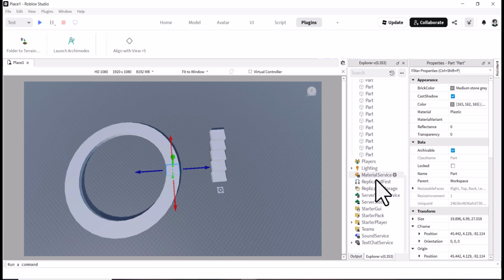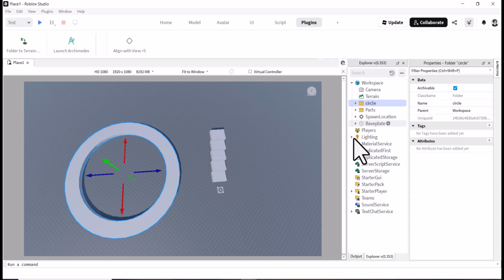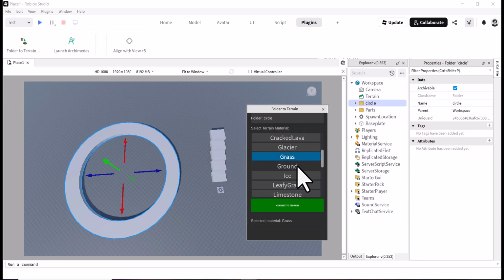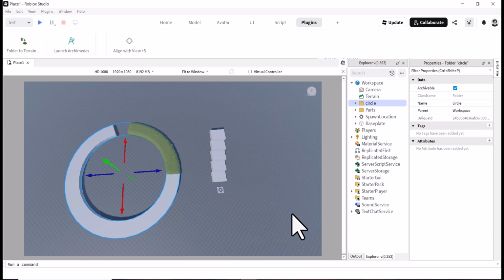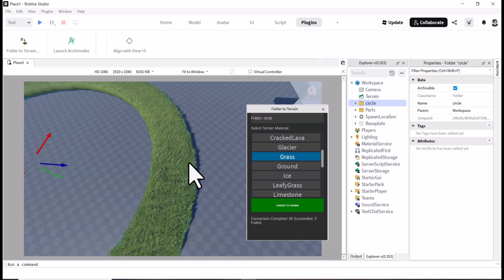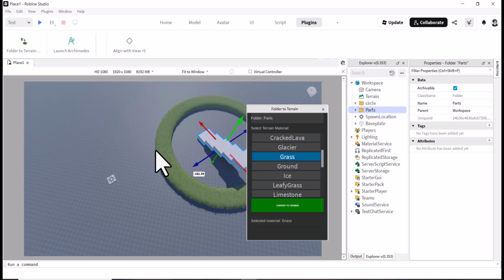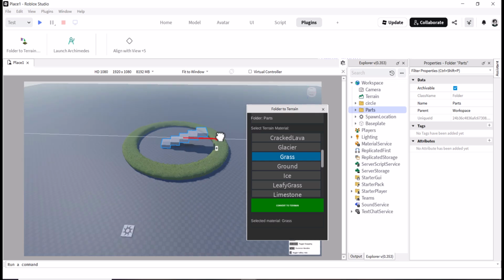We have created another folder and dragged and dropped all these parts into it. We renamed the folder circle, then selected the folder to terrain plugin, then selected the material and hit convert. Then you can see we have converted a circle with the grass.